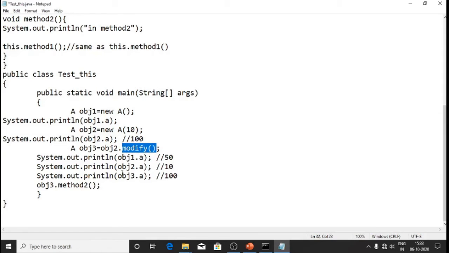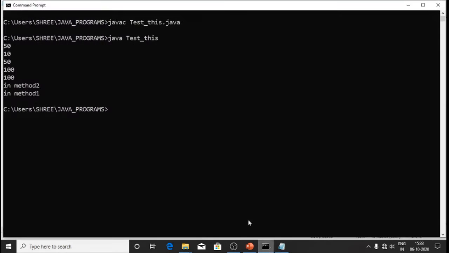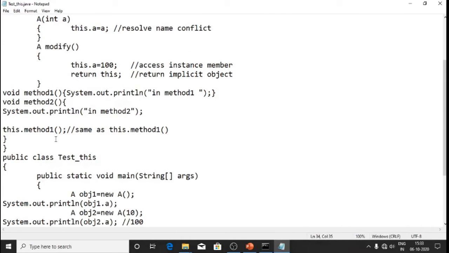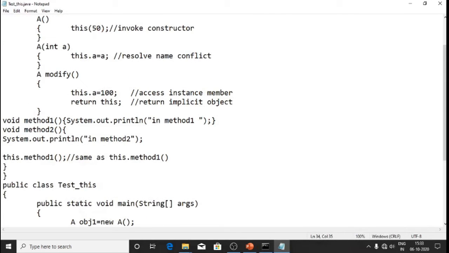So after that we are displaying this value, so we'll get here 100. And then in method 2 and in method 1, these are the println statements in the methods. So if this is method 1, it displays in method 1 and then in method 2.